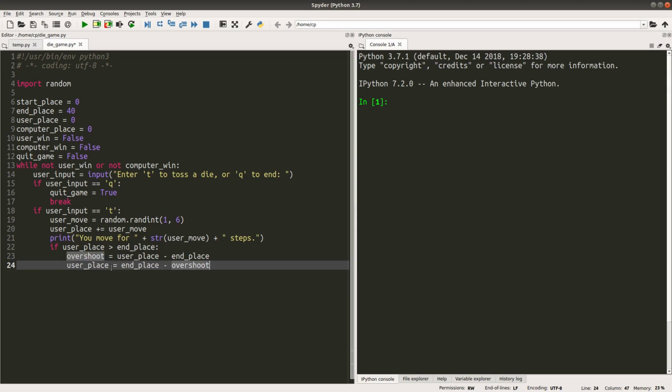So the user place value will be updated with a new value, which should be a position still not reaching the finish line yet.